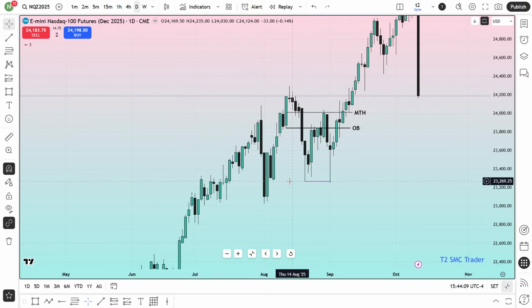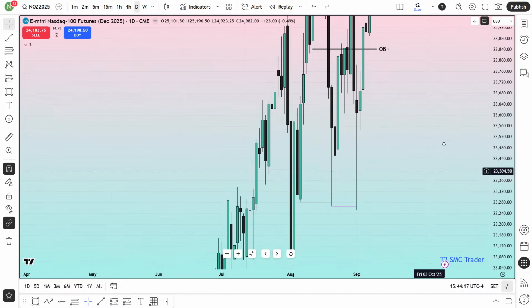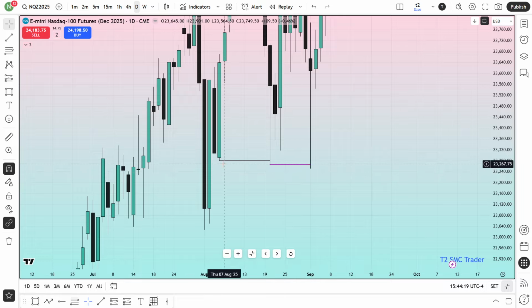This market came here and made an obvious liquidity. Okay, this low has been cleared over here by a shallow run. Let me actually show you that in a clearer way. This low has been cleared over here as a shallow run. This is called a shallow run, or the obvious liquidity.